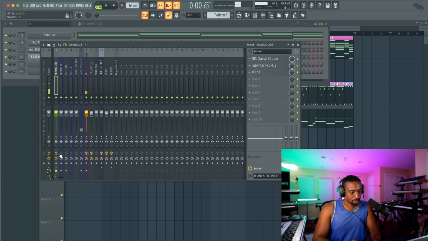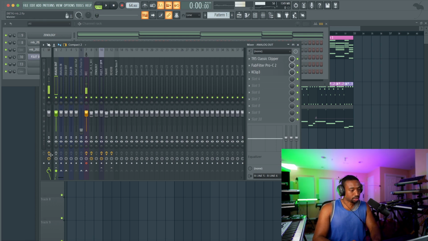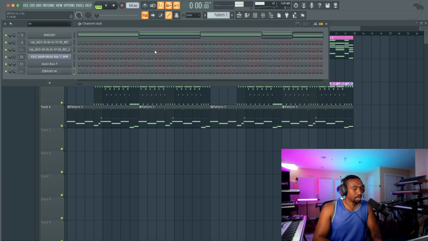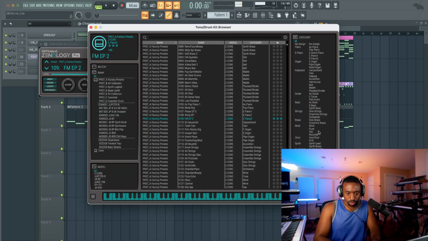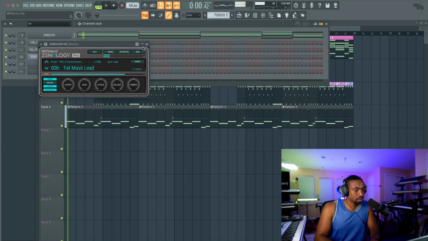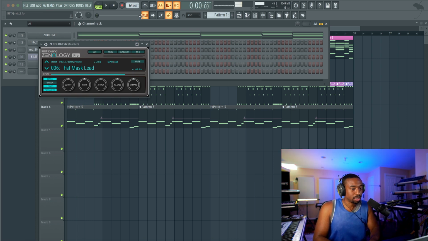I'm going to turn off some of these plugins so I could actually play this in real time. If there's clicking and crackling, I might have to turn off some plugins, because the plugins add delay. So now that we're locked into the F major scale, you can use your typing keyboard to play the leads. Now Xenology is really good for this. You can go to synth leads and just go through the synth leads until you find one you like. I need that half step on there. So that's why sometimes I like to not lock it to the scale, because you want to hit half steps.